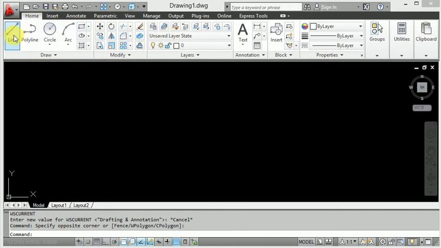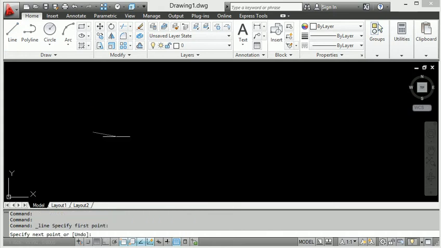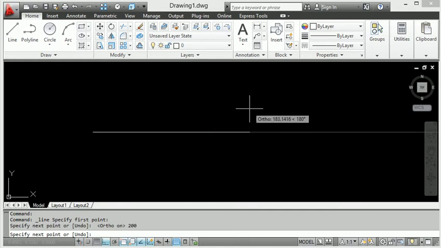Click this line and start from anywhere. Click here and start. Then we provide the distance 200. Put down the distance here and press enter.